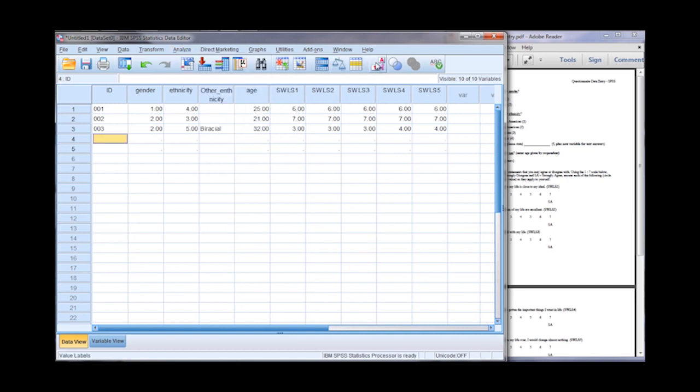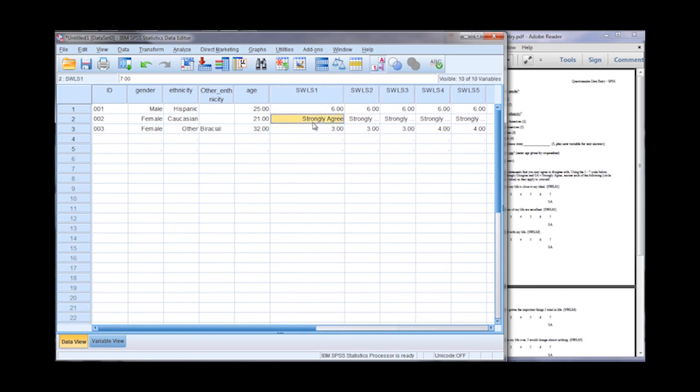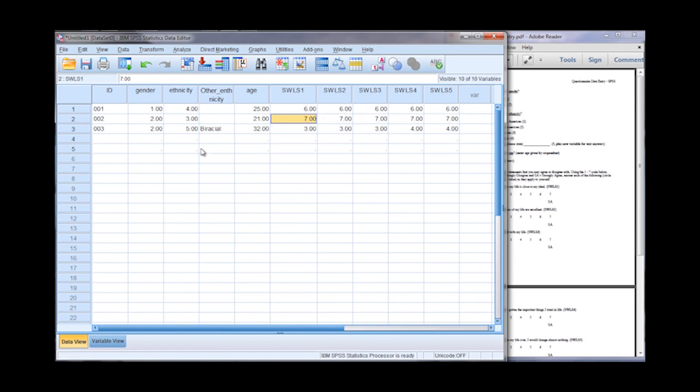Let's go ahead and click on this button here. This is known as our value labels button. If I click on that, notice what happens here. We have our males and females displayed, and then the ethnicity is displayed, and then here if someone answered a 1 or a 7, that label of either strongly agree or strongly disagree is displayed. As you can see here, strongly agree. If I click on that again, it turns it off, and you can leave it on if you want, it's just a preference. And then let's go ahead and do a basic analysis.